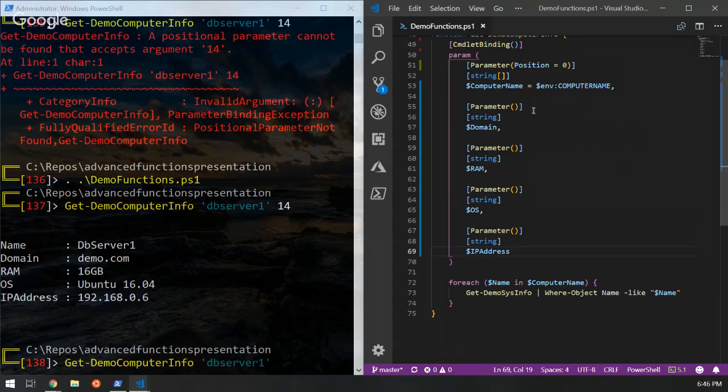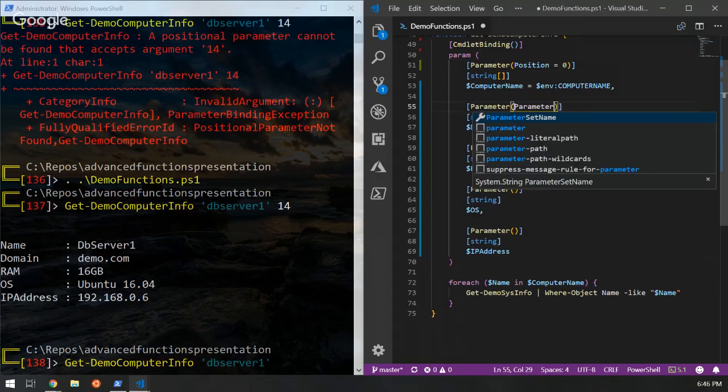But when you start thinking about it, does it make any sense to specify any combination of those together? It kind of depends on how you want to use your function, how you want to look stuff up. But generally, if you're filtering on multiple values, you're going to have probably a filter parameter. And you'll build something in to pass a filter in. But if we're looking for just a domain, just a particular amount of RAM, whatever,